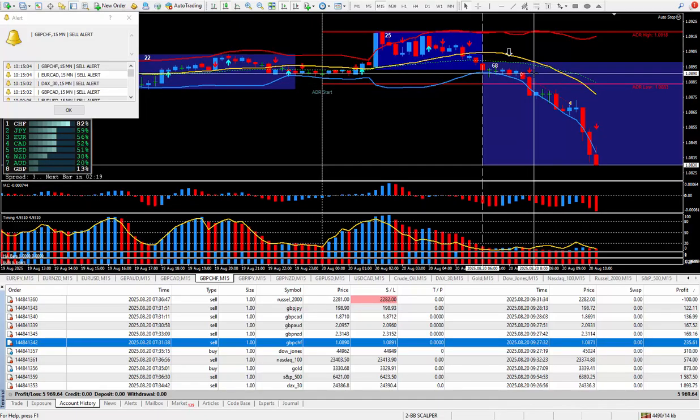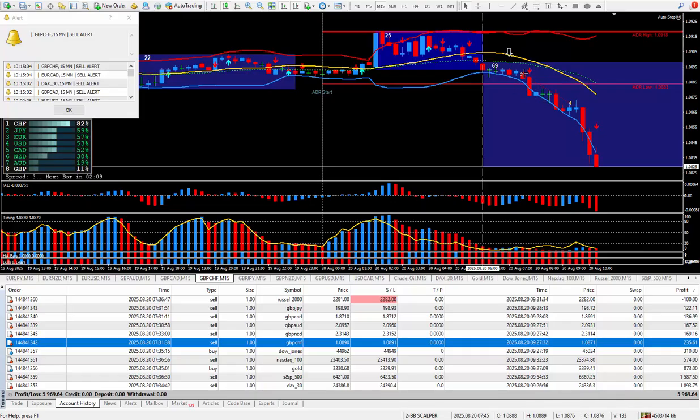I've had some traders ask me about the arrow. It does not repaint. Once it prints it, it's there. So getting in at this point, closing at this point, just being happy with 19 pips, paying out